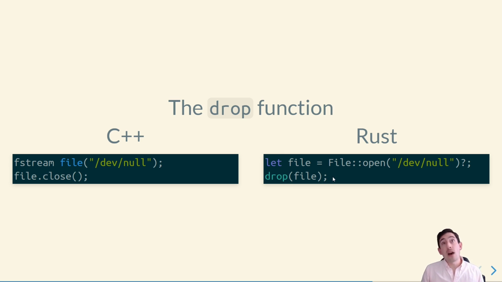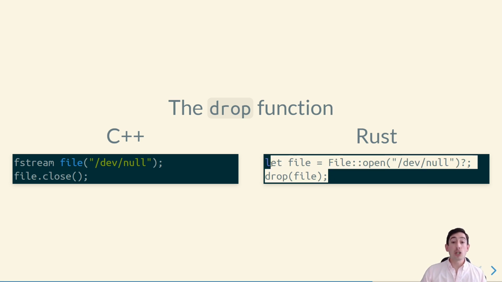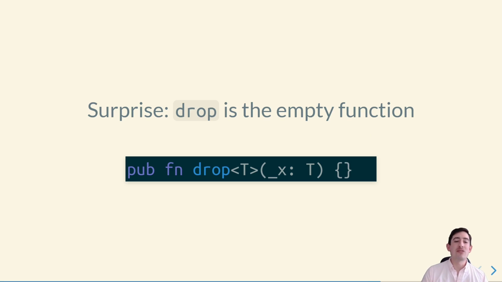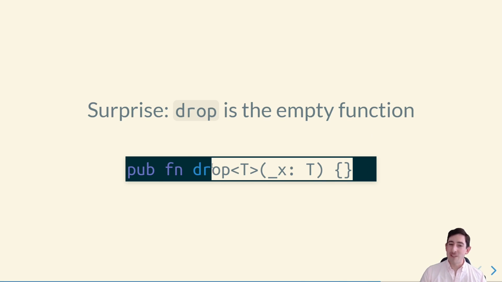Now that does imply that you have ownership of the file, like that you have permission to move it. We saw some cases where you don't have permission to move it, but as long as you have permission, that's the way to drop things, other than just letting them go out of scope the normal way. One very interesting thing to note here about the drop function, if you look at its code in the Rust standard library, this is a very interesting specific fact